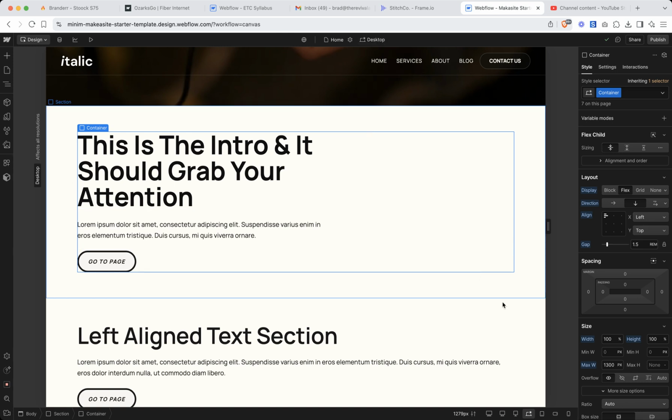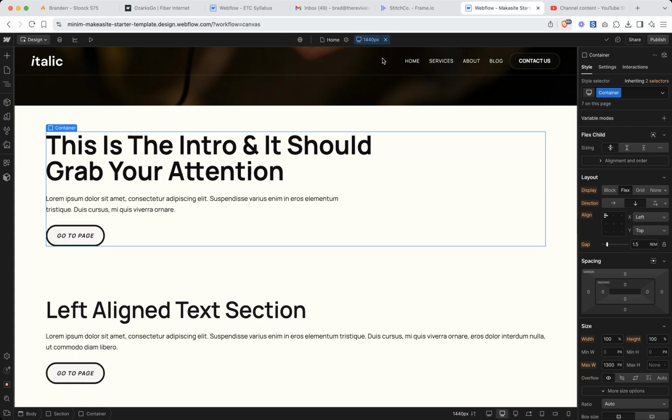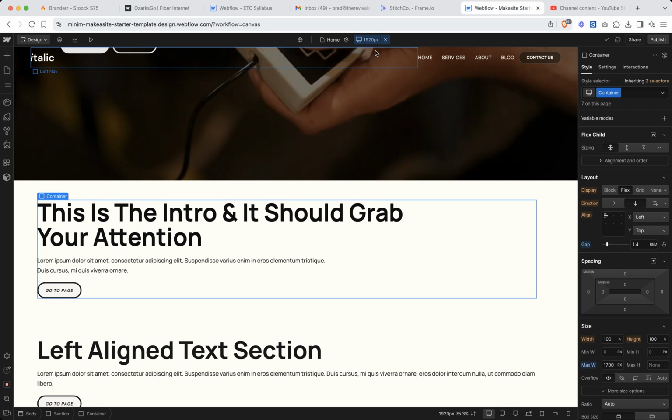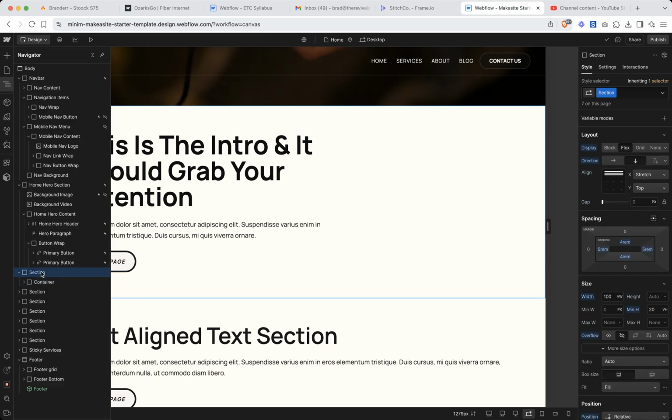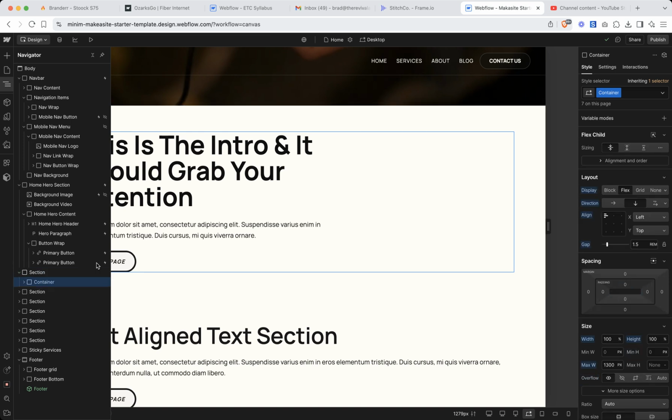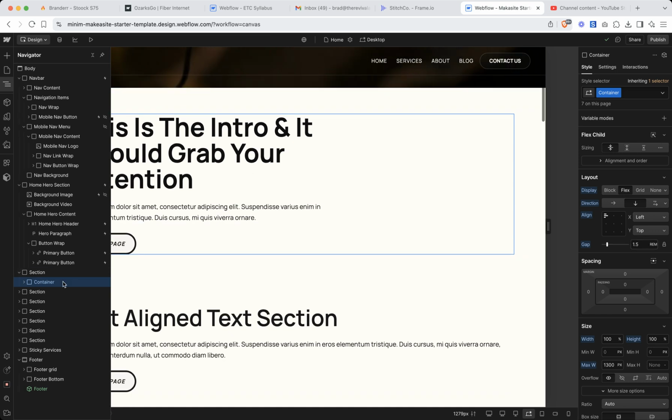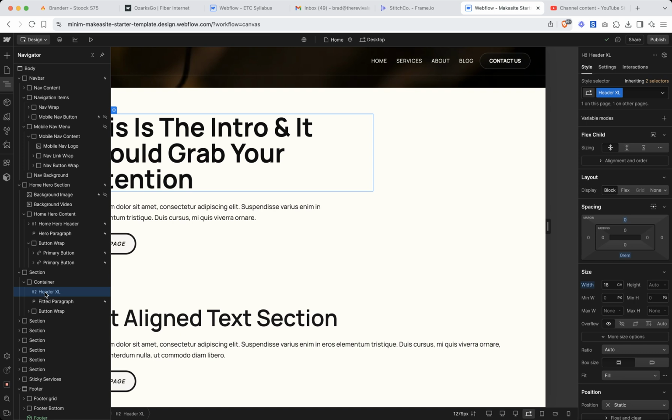You can see this container has a max width of 1300, and then it grows to 1300. It's the same there, but when you get to 1920, it's at 1700. So it's keeping everything looking good on all these different resolutions. But you can also see that we have a section, which is where it starts. There's some padding here using rems, 100 view width. Everything's aligned to the top. The container holds everything else, puts a little gap in between everything of 1.5 rems, and left aligns it. And then within that container, we have this header extra large, fitted paragraph, a button wrap